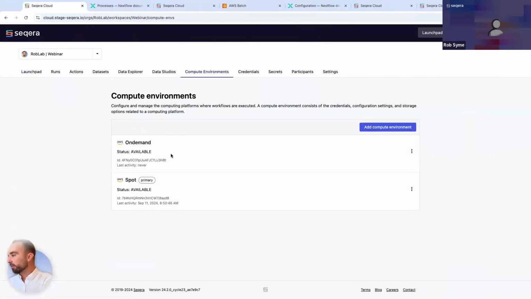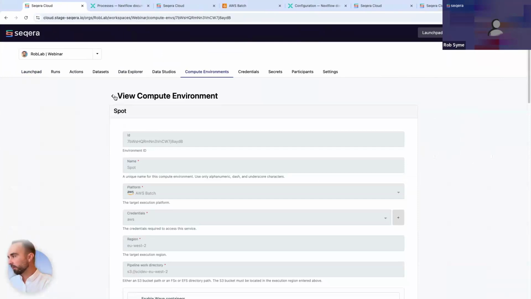When you create a compute environment, I'd strongly recommend you consider the instance types you're providing. What we found, and this advice is very much workflow dependent. In fact, all of the advice I'm going to give for the rest of the webinar is very workflow dependent and load dependent. But we've found when you create a compute environment,